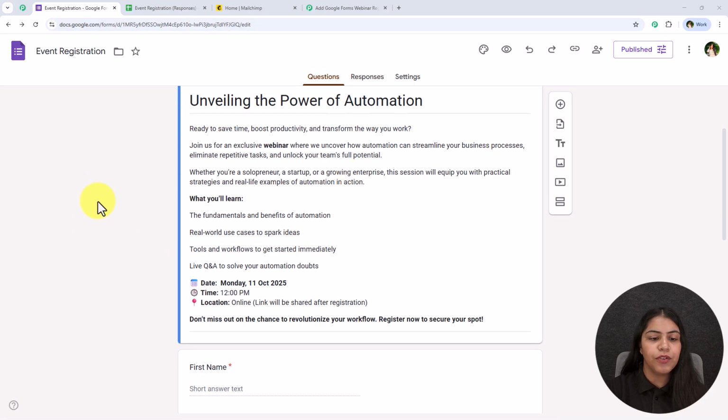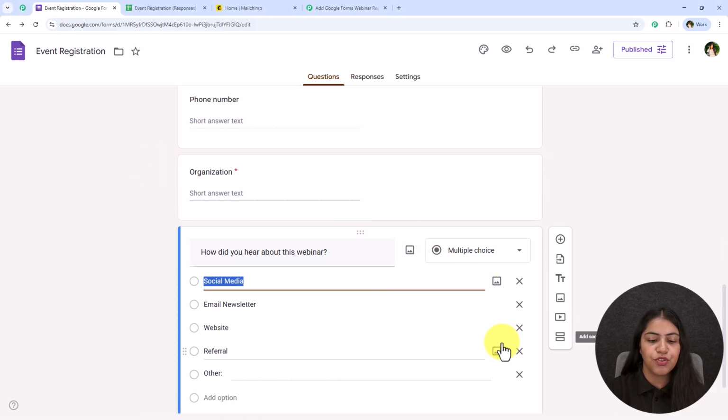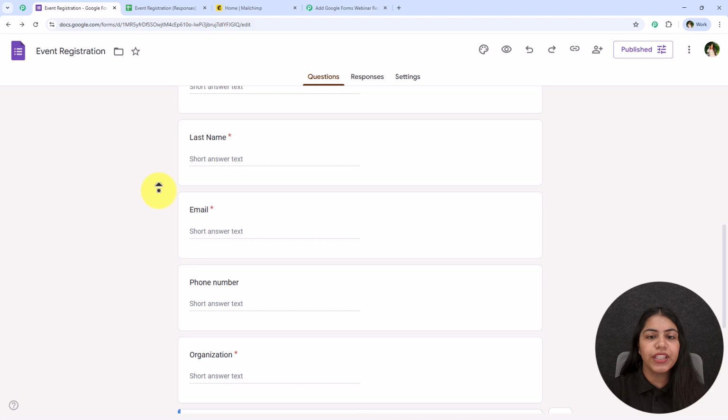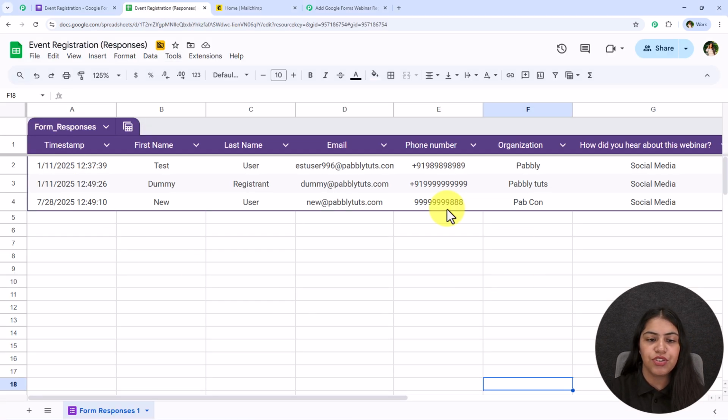So this is the form for which I want to create this automation, and in this form you have to make sure that the last question should be a required one. After doing this you have to go towards this responses, and as you can see I am getting the option of view in sheets because I have already linked my Google Forms with my Google Sheets. But if you haven't linked this, you're going to get the option of link with sheets. Directly click on link with sheets and your sheets will be opened, and we're going to see all the responses